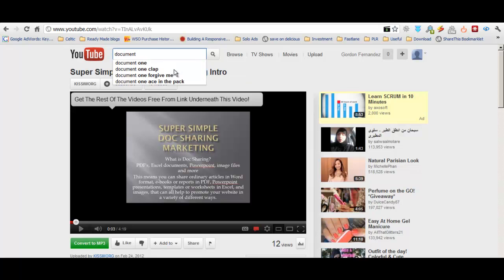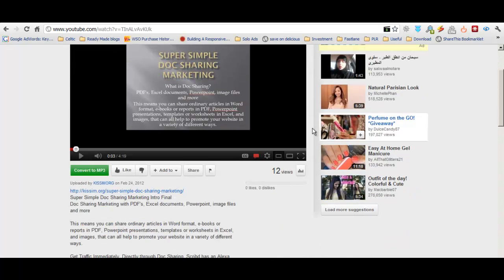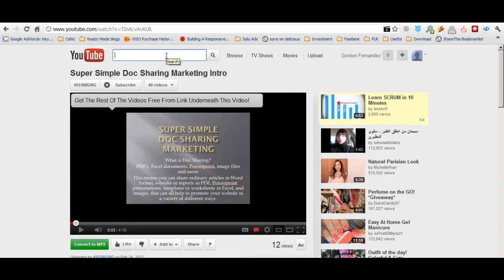Let's try document sharing. So I took document sharing from here, but I did something else I was looking for. Yeah, maybe I did Scribd. Yeah, I took some of these. Scribd document free PDF. I took some of these kinds of keywords as well. And I think we did doc stock too. Nothing coming up, no. Anyway, so what I did is I took a bunch of these using YouTube Suggest,